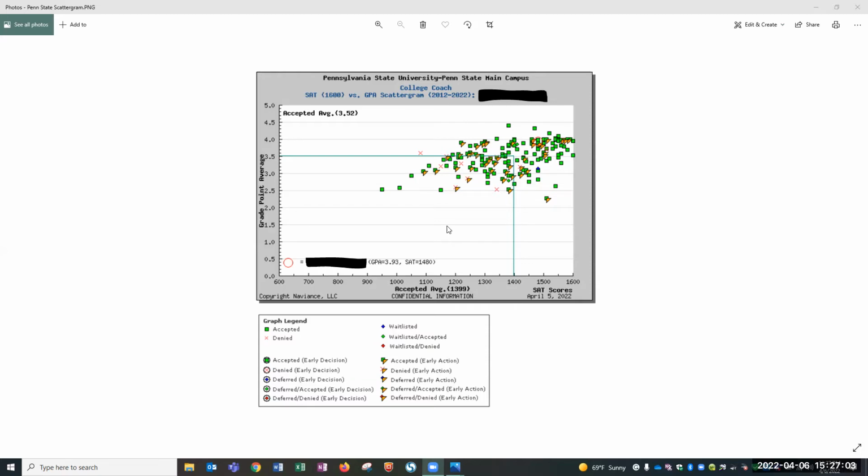There are also some other square and triangle combinations, like a green square and a yellow triangle means that student has been accepted through early action. So this is a great way to see, based on a student's GPA and SAT score, where they might fall within the decisions that Penn State has made over a period of time. So I've used just a GPA of a 3.93 and an SAT of a 1490. And I'm going to